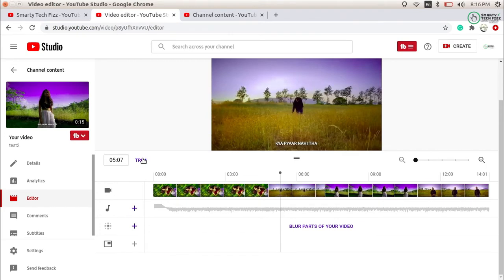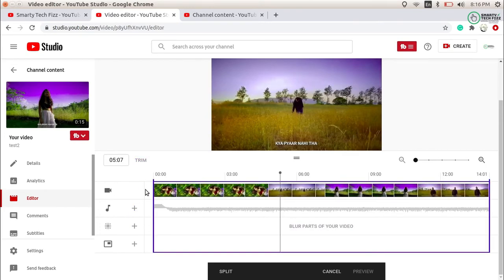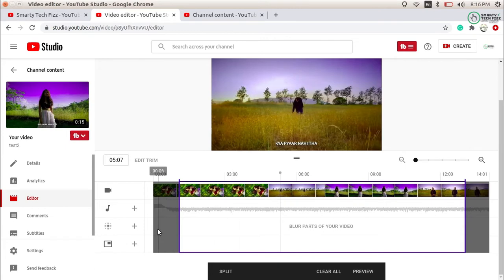Click on trim, and after clicking you can see bars coming here like this. This type of bar is useful when you want to trim from the first frame or from the last screen. So let's say I don't want this part and I don't want this part. That means the grayish part before this will not be available after the trim. Let's say I want to trim this first frame. So this grayish part will not be visible after the trimming.